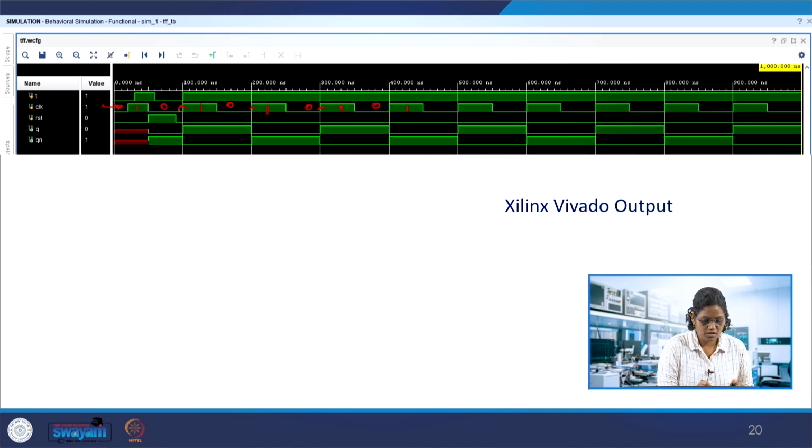So at the passage of the clock, reset is 0, so T is 1. Now Q is made 1. So T's previous state was 0 for Q and it is toggled to 1. And next, here T is 1, continuously made 1, so the Q which is 0 is made 1 in this clock edge. Next, at this clock edge T is again 1.